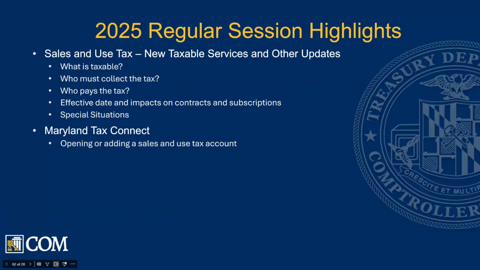So today we'll begin with updates related to income tax. We're going to move through that portion relatively quickly, as I know many of you are eager to hear about the sales and use tax updates as they relate to data and IT services. Next, I'm really going to focus on the expansion of the sales and use tax base through the addition of new taxable services, a 3% tax on the sale of data and information technology services, and also software publishing services.